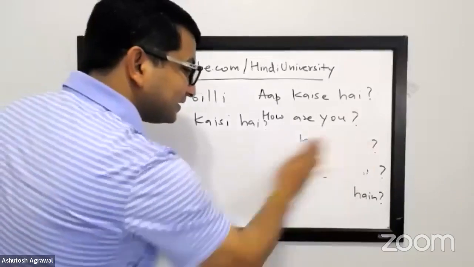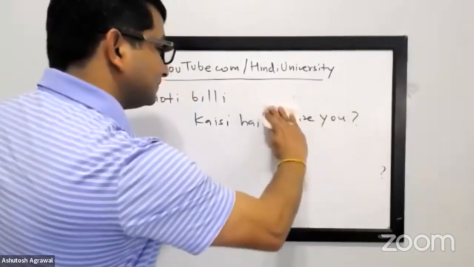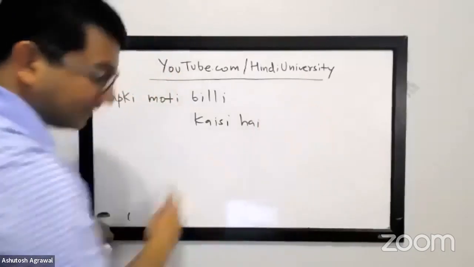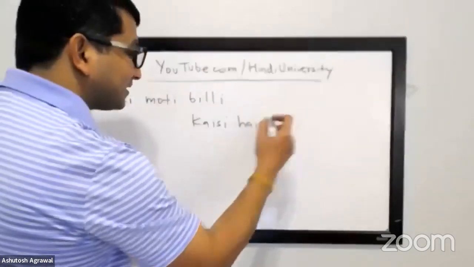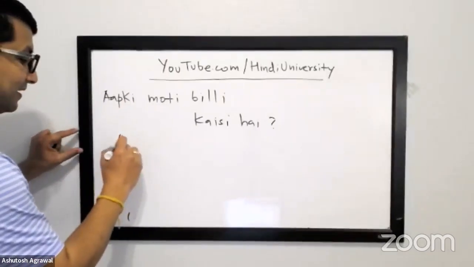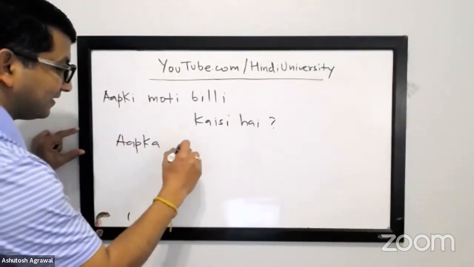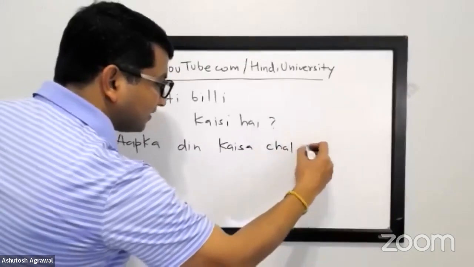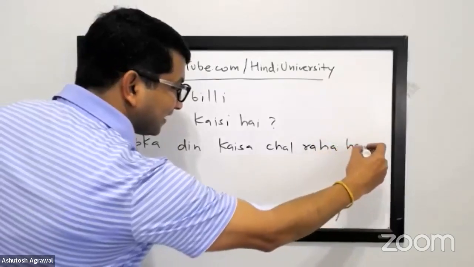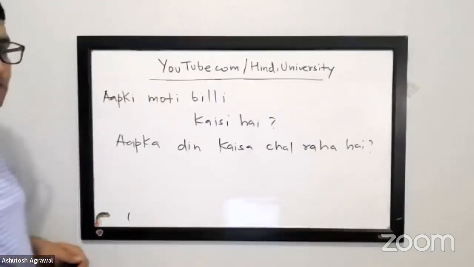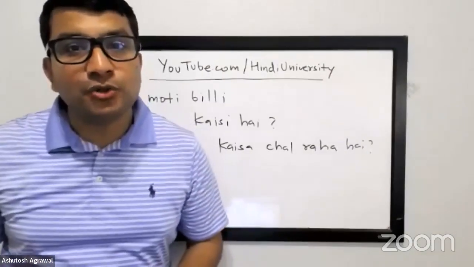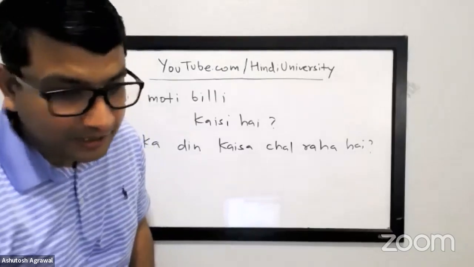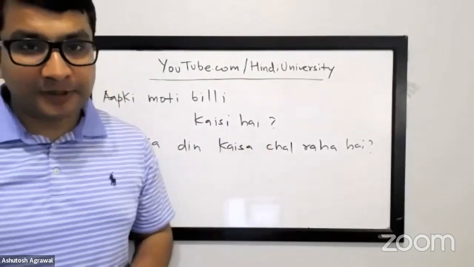Awesome. Anyone else? How's your day so far? How will you ask? आपका दिन अब तक कैसा है? Okay. आपका दिन कैसा चल रहा है? Small variations, but you can do that. Like, how's your day going on, right? Even in English, you're using present continuous, right? आपका दिन कैसा चल रहा है? But you still use कैसा there. How's your day? Okay. Awesome.